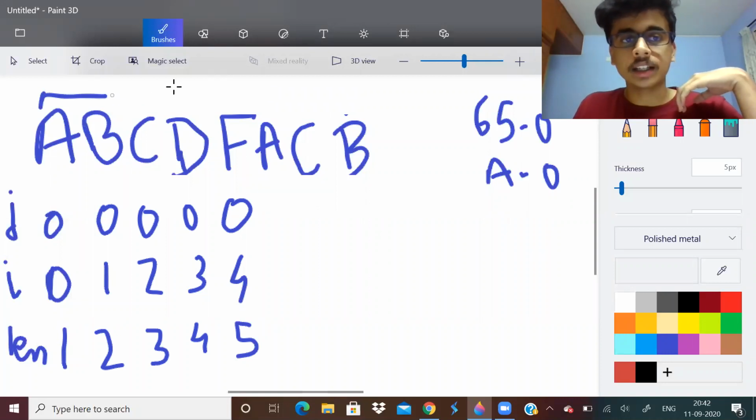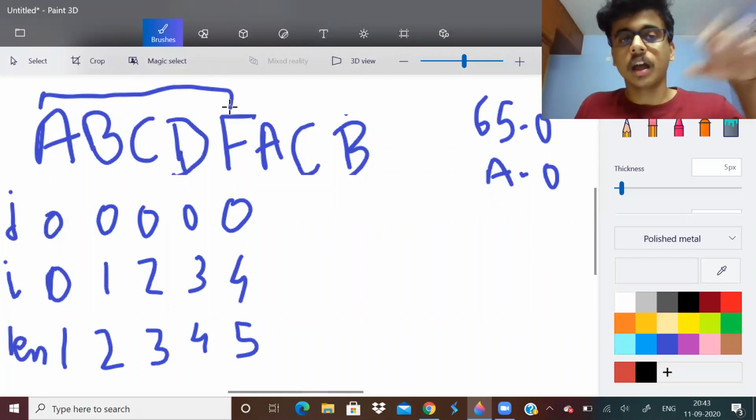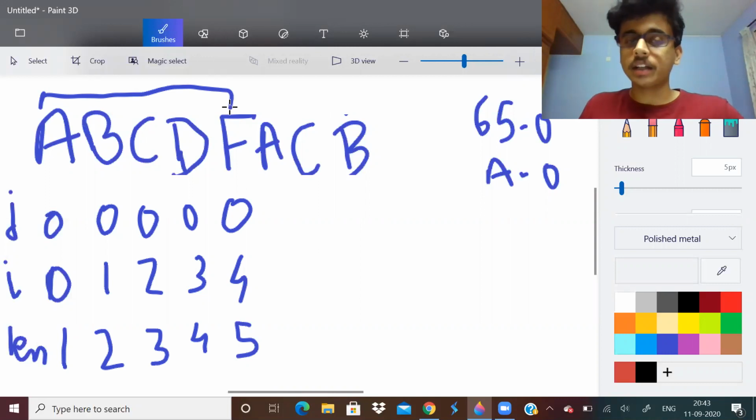Until we come across a repeated character, j value will remain 0.